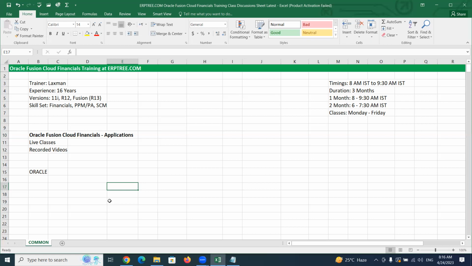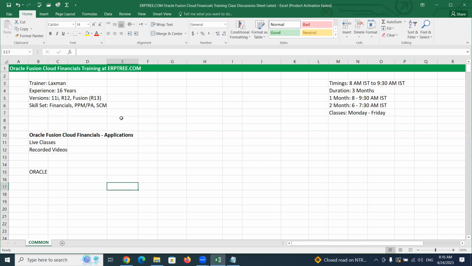It's pretty simple. But if you talk about Oracle Fusion Cloud Financials, it is not for personal use. It is for companies and how they do the business, how they maintain the business data, what business processes they follow, and what different activities they do to capture the company related information. We are going to use these applications.